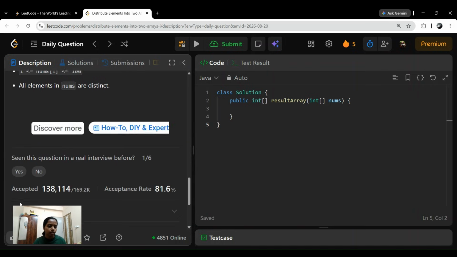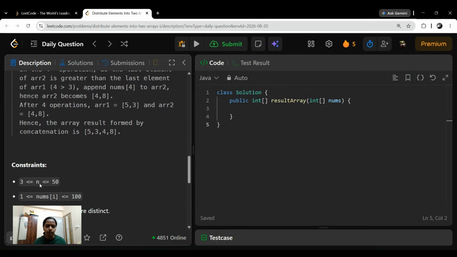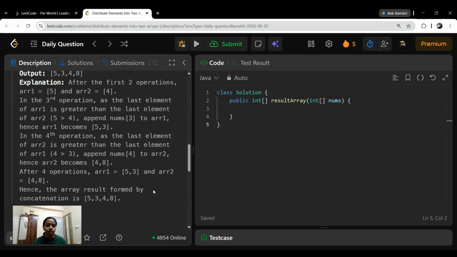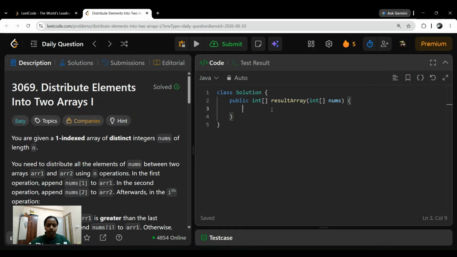Let's also look at the constraints, which are fine, and all the elements in nums are distinct, so there won't be any case where we get the same values. Okay, now let's start solving. It's so easy. We'll take two arrays: int[] arr1 is equal to new int.